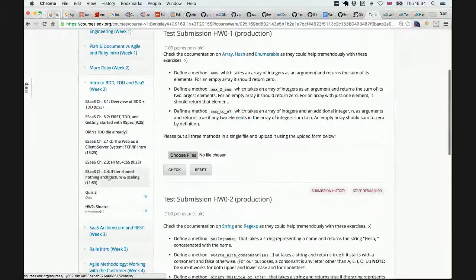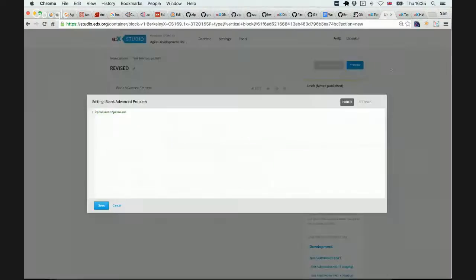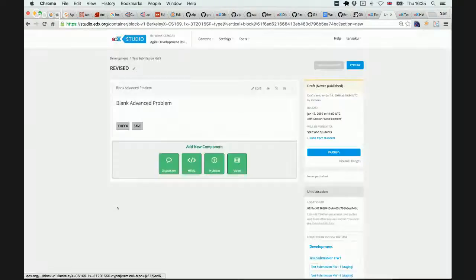Okay, so now that's okay. So the problem here with lining these things out, I think I'm going to have to put them in just